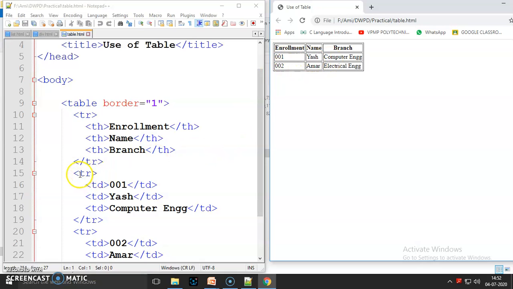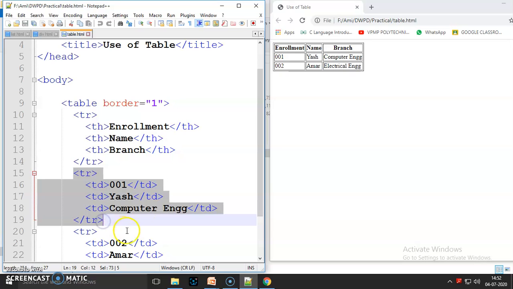So first I write tr and slash tr. Between this tr and slash tr, 3 data items are there, so I write td 3 times. First td is for the enrollment number, 001. Second td is for name, and third is branch, meaning computer engineering.